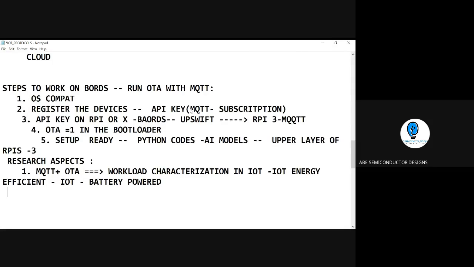The next application of MQTT with OTA is the most important application. Find some big example in electrical vehicles. This is the most important application scenario. This OTA with your MQTT will play a vital role in EV and EVSE, that is, the charging point. Communication is established between the electrical vehicles and the electrical vehicle charging point, because they have this point of contact, but this kind of charging unit will be connected in the IoT with the help of MQTT.